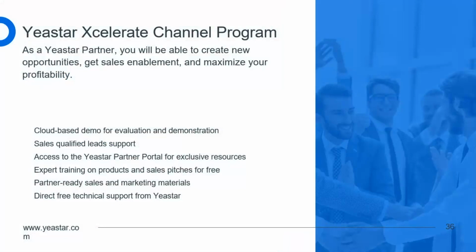So to help grow your business with Yeastar, here we have a dedicated partner program available for you. Via this partner program, you can get a free cloud-based demo for your own evaluation or demonstration. Yeastar will offer you sales qualified lead support to help increase your sales opportunities with Yeastar products. Besides, you can also get direct access to the Yeastar Partner Portal, where rich resources like training or marketing resources are